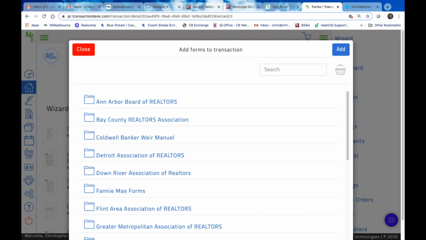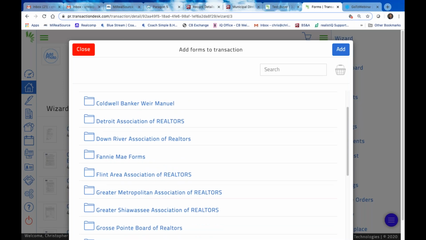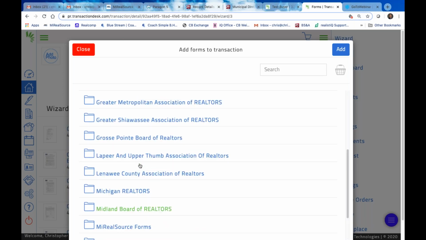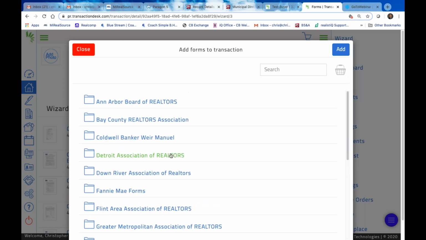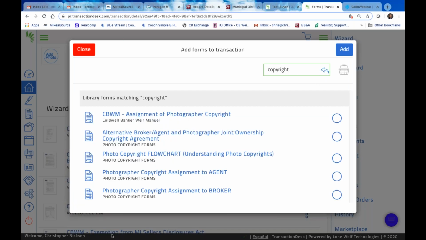And this brings up all the different MLSs where you can pull forms from. If you don't know exactly where it's at, just type in the search bar and type in copyright. It should come up under copyright, and here they all are. There are different ones to pick from, but we're going with the,